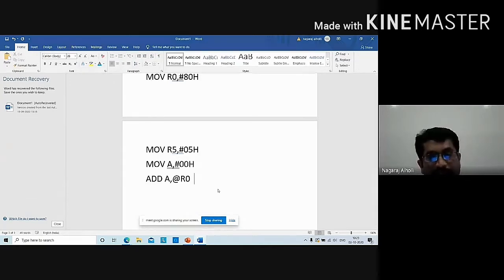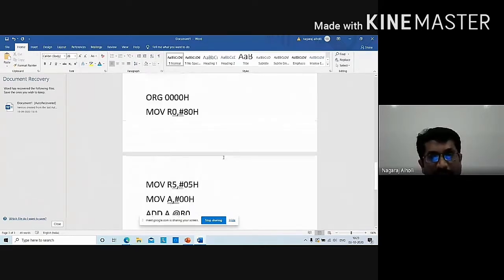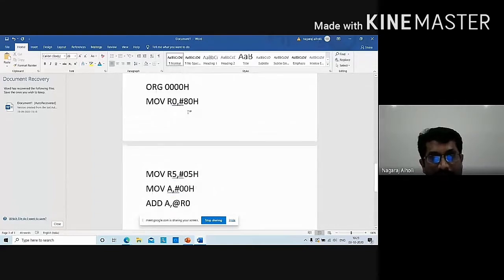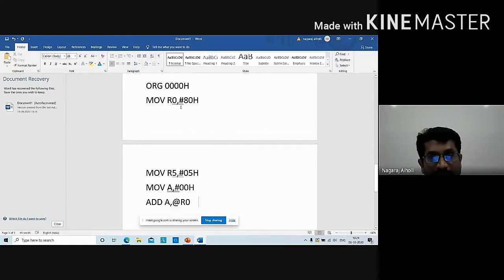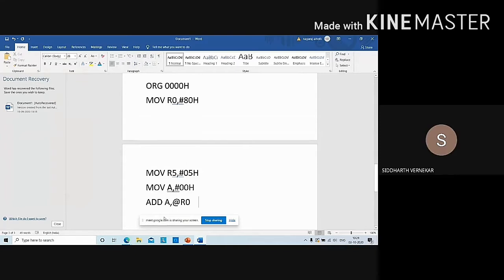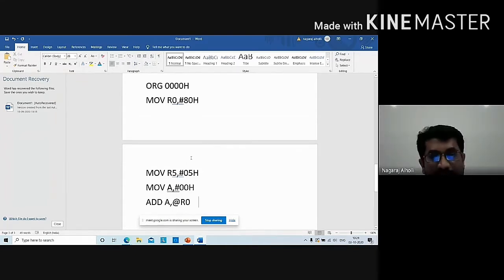It will add the value in 80H to A. Yes, value in 80H. So the value in 80H will be added with the value in the A register, and then the answer will be stored in the A register.